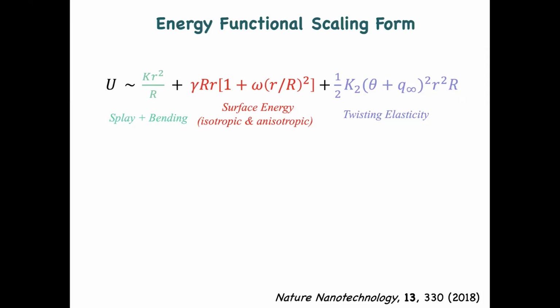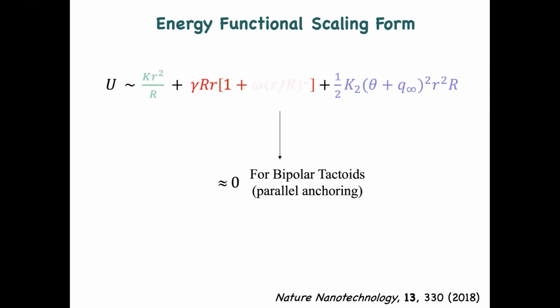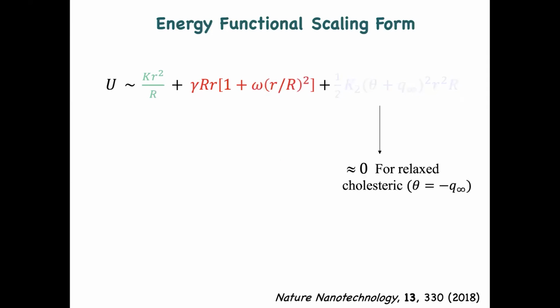And now all the system has to do is to minimize the most expensive energetic term. For example, when the particles are very small, this is the guy which controls everything. So all the system has to do is just put all the amyloids parallel, so that there is no bending or splay deformation. Now the system starts to grow, and this term starts to take over. What can the system do? Well, kill this term, and then orient the fibers parallel to the interface. And then if the system keeps growing, of course you can have a twist now that reaches the spontaneous twist, and there is no twist deformation anymore.